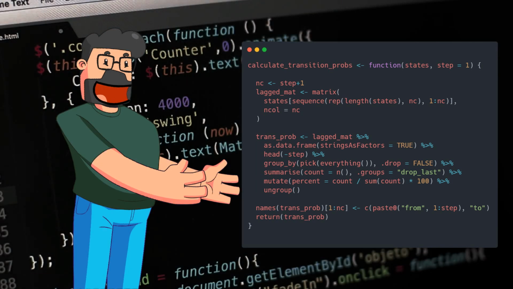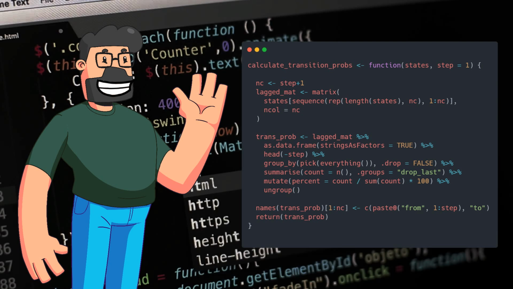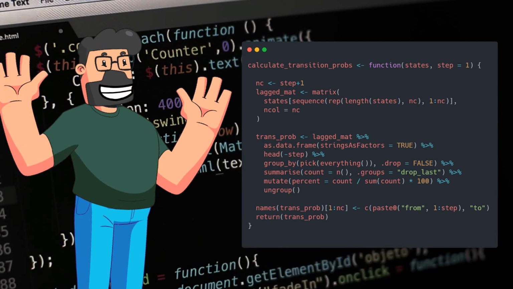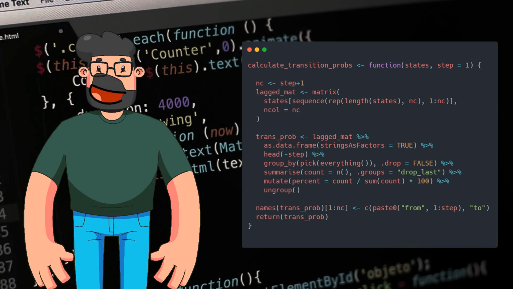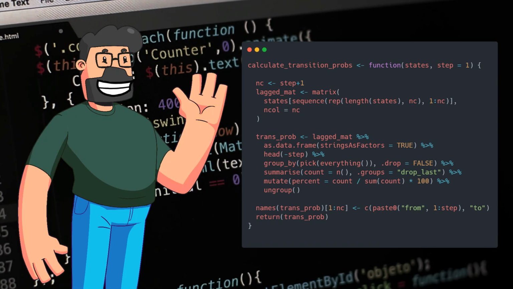Now, let's talk about the solution provided. The function calculate_transition_probs is the key to this problem. By specifying the number of steps, it creates a matrix of lag states and computes the transition probabilities for the given step sequence. The code efficiently organizes and calculates the transition probabilities for in-step sequences, providing a detailed output with